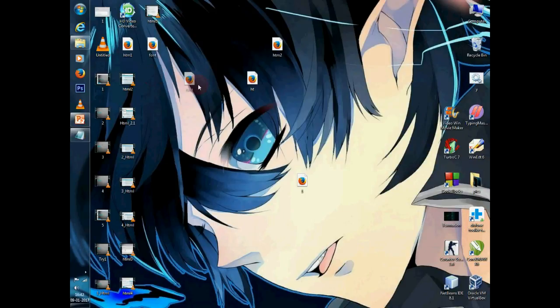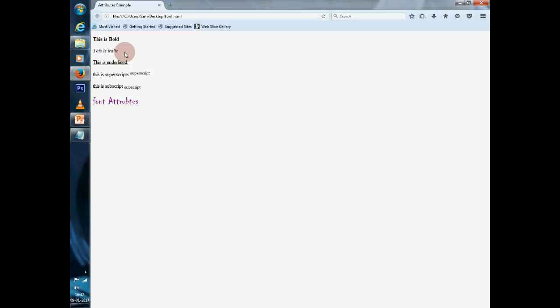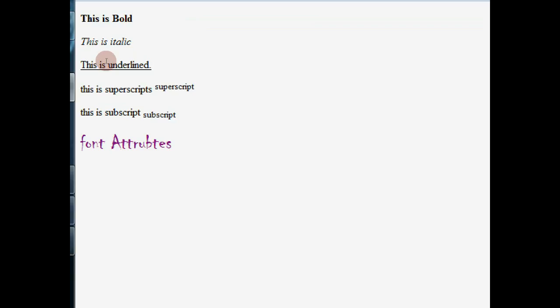Now here is the file, double click on it. Now look at this. This is first bold, then italic, then underline text. This is superscript, this is subscript, then font color, size, and face.